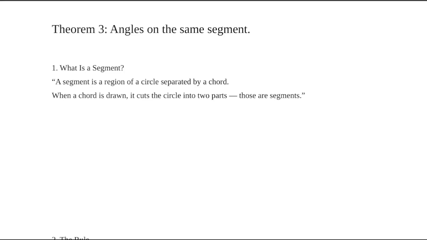Episode 4 on cyclic geometry. This is the third theorem, angles on the same segment. First theorem, we were looking at angles at the center being twice the angle at the circumference. Second theorem, we looked at the angle in a semicircle, or rather the angle subtended by a diameter being 90 degrees. Now our third theorem, its angles